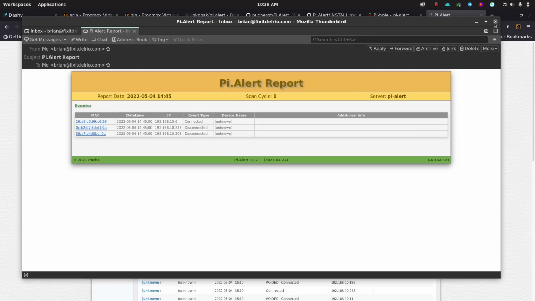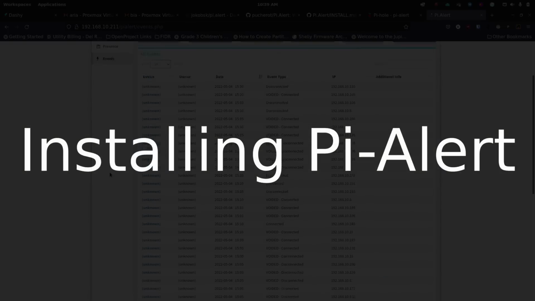I wish there was a way to do a push notification to an app or use something with webhooks, like I use with Rocket Chat, or maybe even a Telegram bot. But for now, email's fine, which I think is a good start, and maybe they can add some other alert options in the future. So now I know the important thing you want to know is, okay, how do I